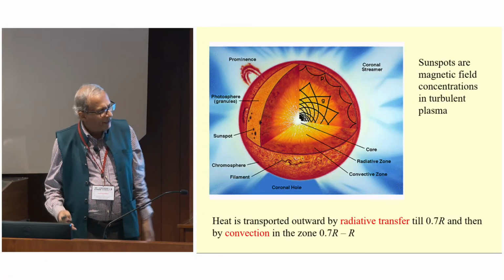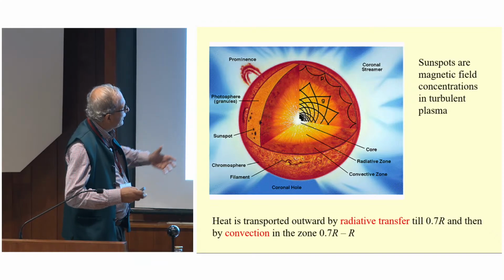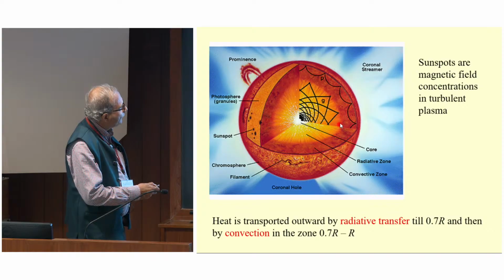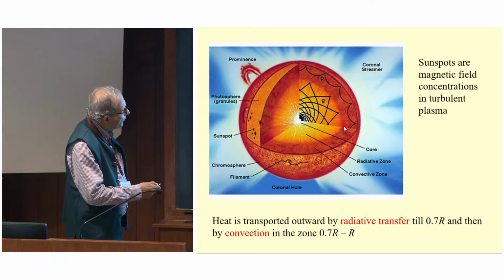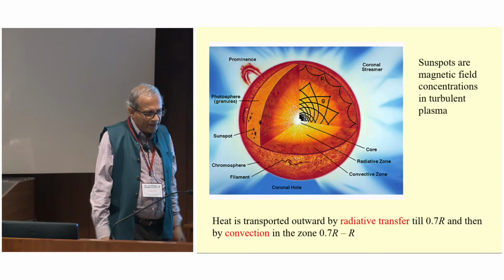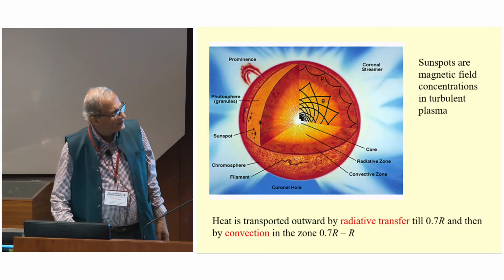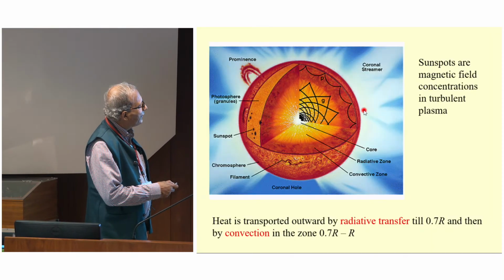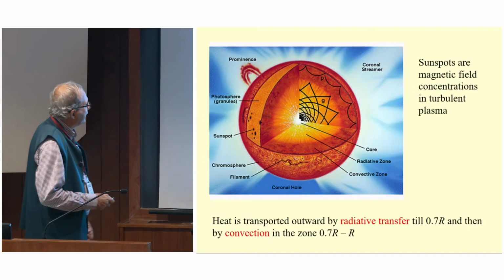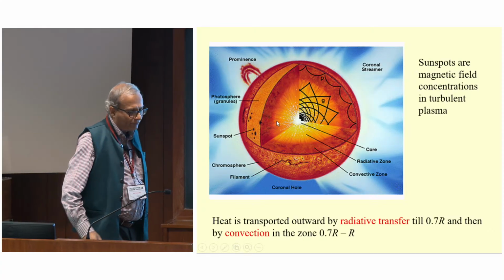And I understand that Professor Shiv Shetty has talked about this process. So it's essentially photons random walking through stellar material. But from about 0.7 solar radius to the surface, theory suggests there will be very vigorous convection. So in this outer region, heat is transported by convection, and sunspots are concentrations of magnetic field